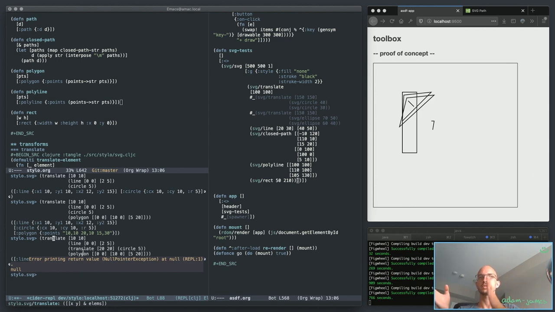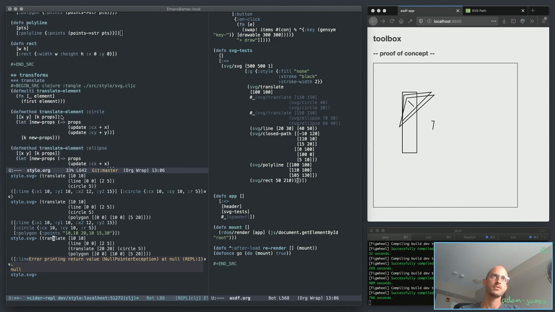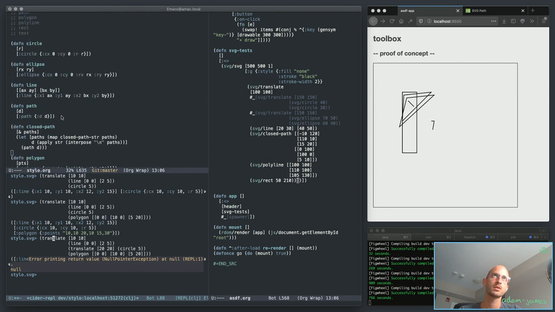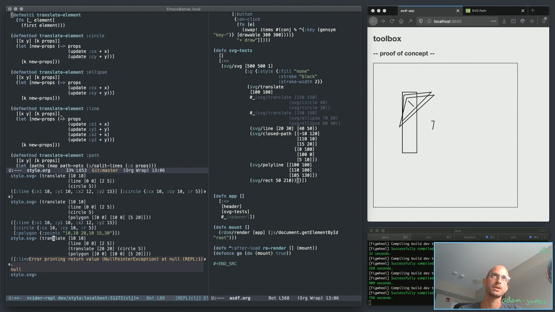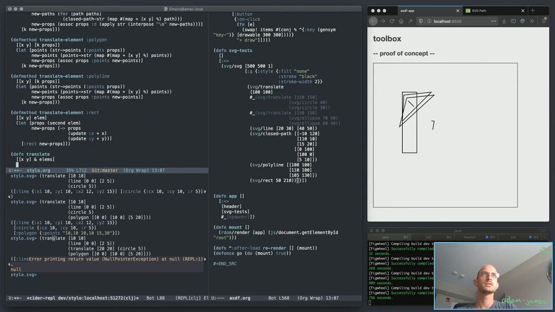So when it encounters a list, it needs to recur again on itself, I guess. So let me see if that makes any sense. Right, so here you do this, if